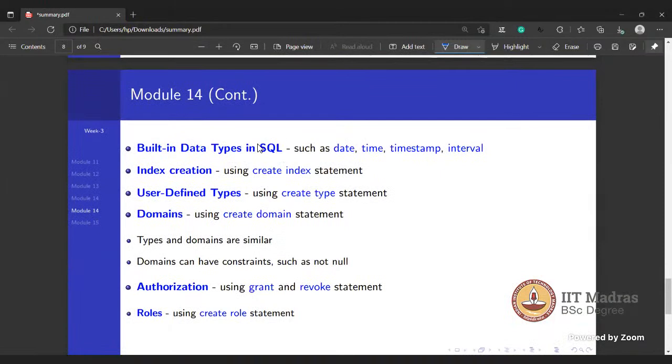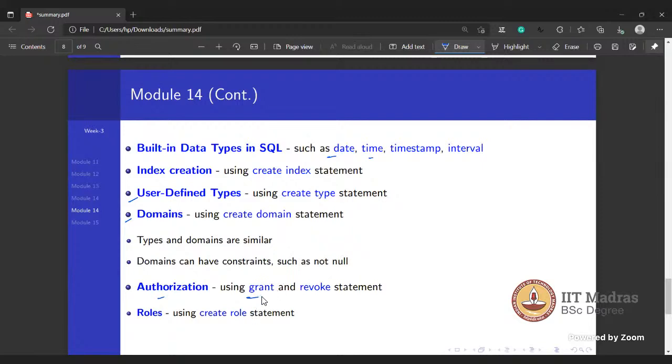And in module 14, we learned how to create data types in SQL. There are some built-in data types in SQL, like date, time, timestamp. Then we learned index creation and how to use different data types. Then we learned domains. Then we learned an overview of authorization, like grants, to give some permissions.